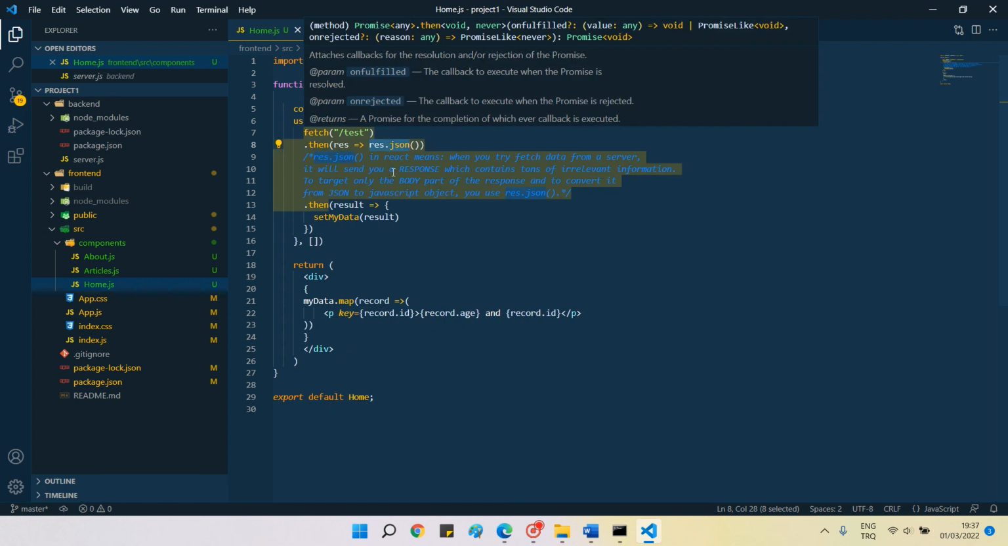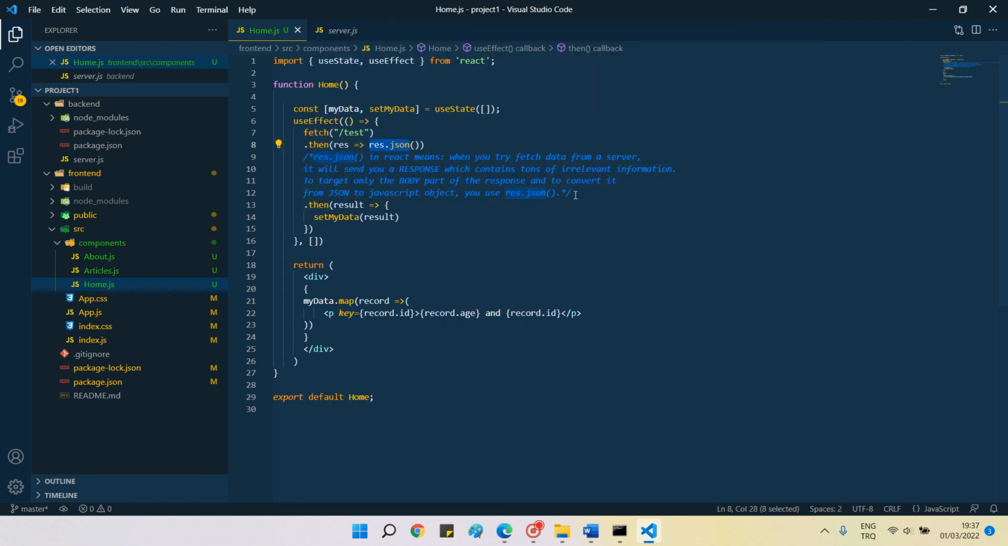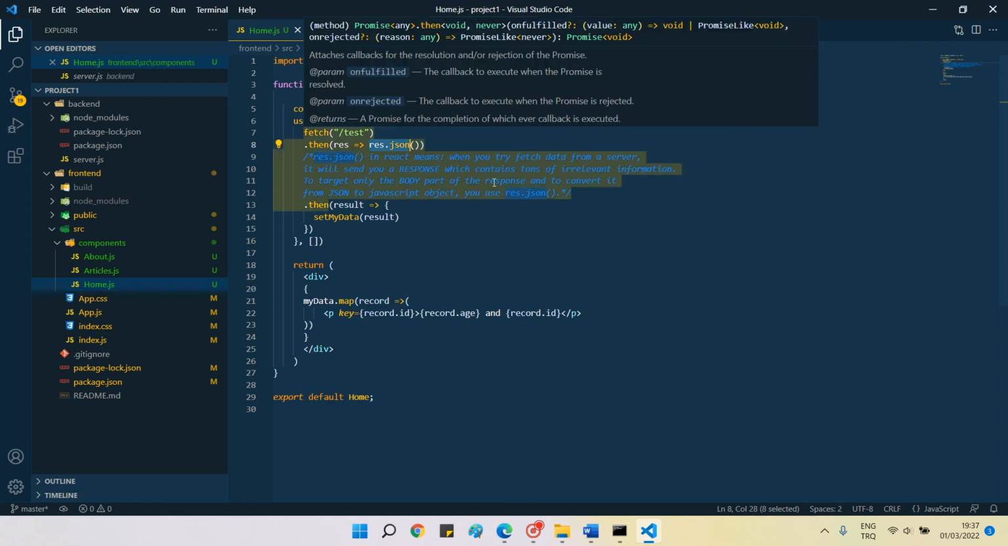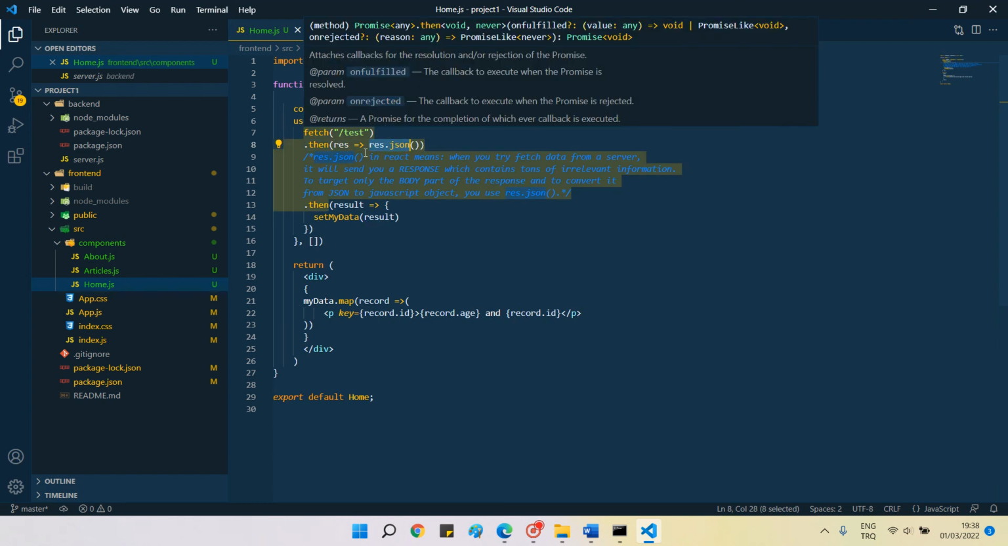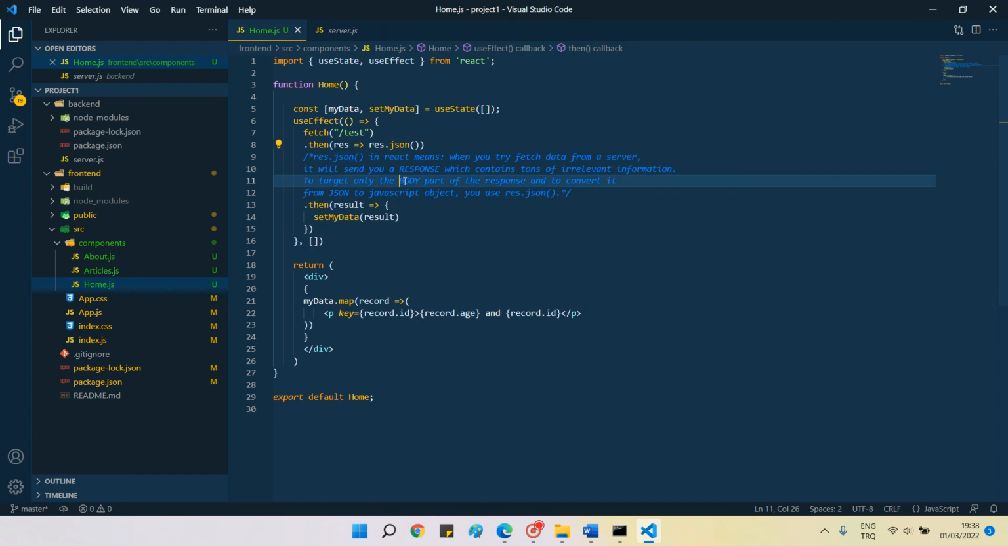And response JSON, as far as I know, because there's not much information about it on the internet, is grabbing the relevant part. If I just say fetch the data, whatever is inside there, it will give me a ton of irrelevant information that I'm not going to need. So to prevent that, we are using the response JSON method. Actually, it's the JSON method; response is just a variable name. We use it to target the body part of that response